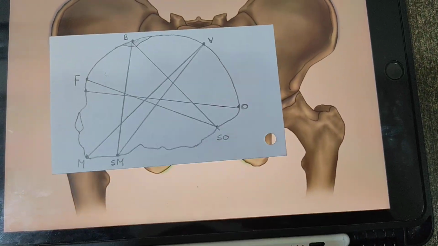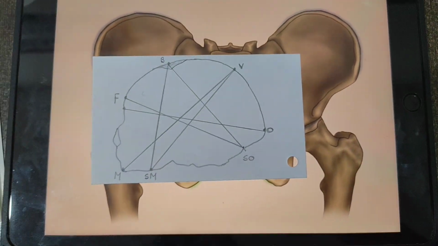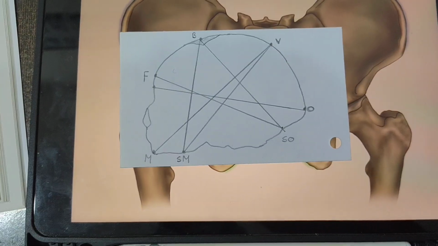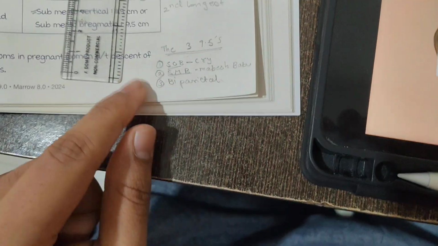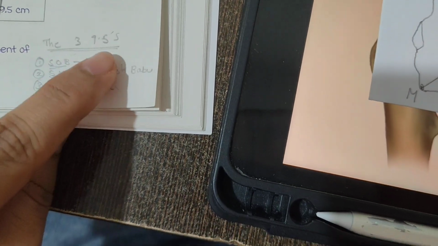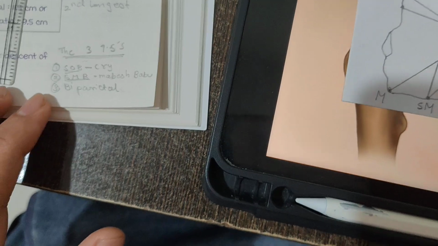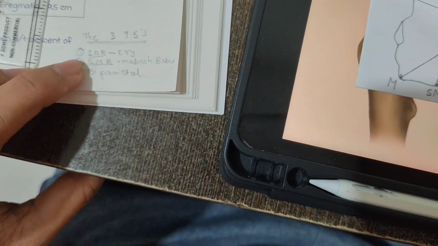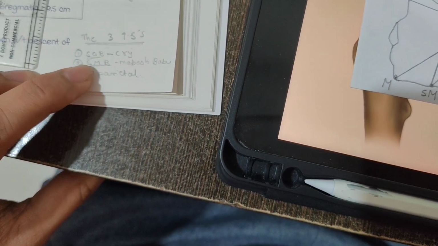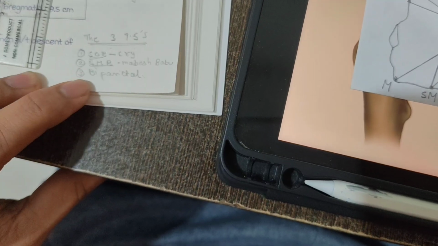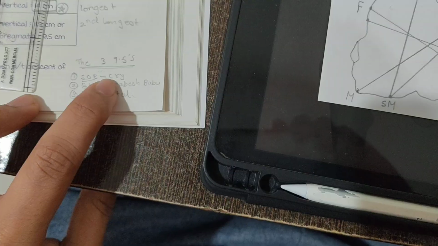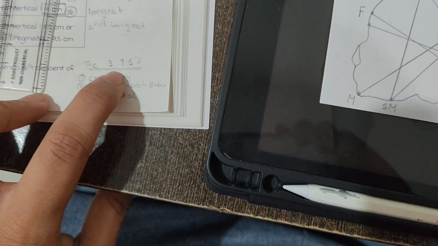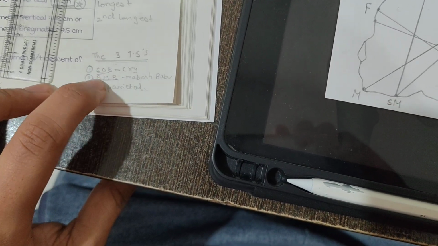So 14, 11.5, and 9.5. Just as a quick mnemonic: which are the 9.5s of the fetus's head? I just made a tiny mnemonic. There are three 9.5s. In the fetus's head, we have three diameters which are 9.5. We have SOB, suboccipitobregmatic, SMB, submentobregmatic, and the biparietal diameter. I made the mnemonic as crying, like Mahesh Babu is crying, so SMB is sobbing,